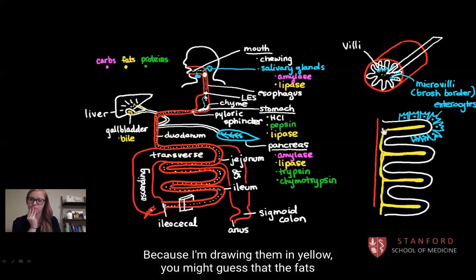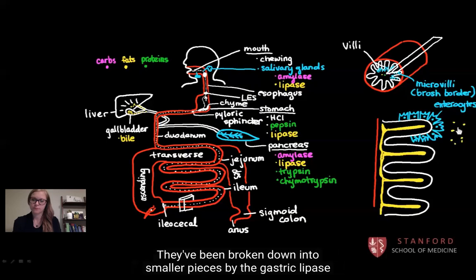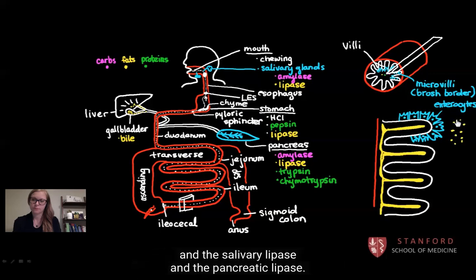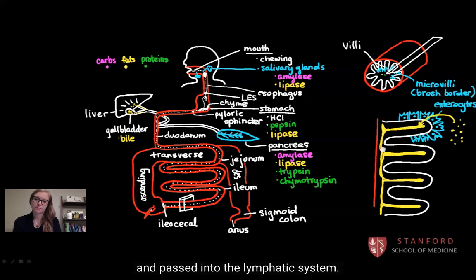And because I'm drawing them in yellow, you might guess that the fats that are going to be in this lumen, and they've been emulsified by the bile, they've been broken down into smaller pieces by the gastric lipase and the salivary lipase and the pancreatic lipase, all of these small units of fat are going to be absorbed into the central lacteal